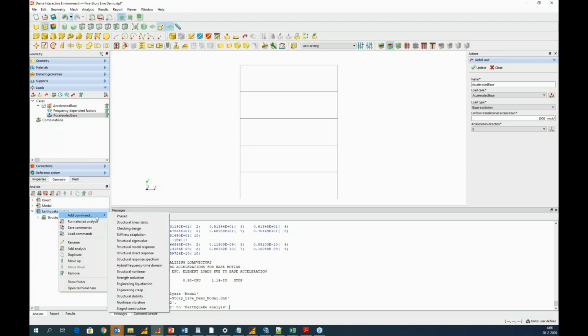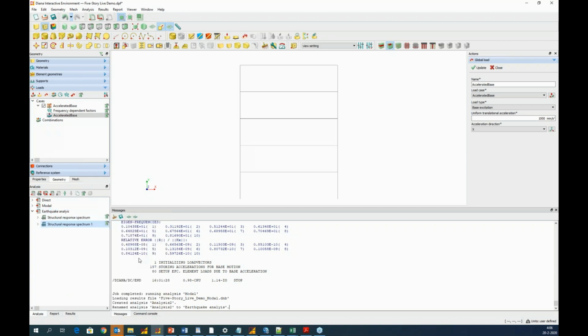Actually, I add two because I'm going to use two rules, ABS and the SRSS. So the first one I'm going to rename, it will be based on the ABS rule, the absolute rule, and the second one will be based on the SRSS.